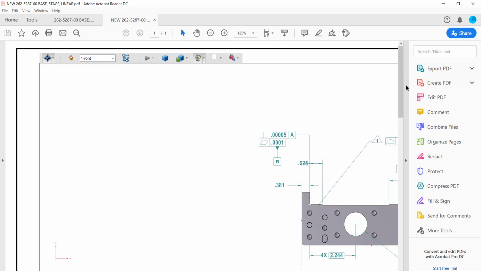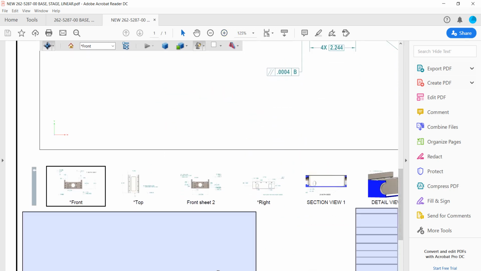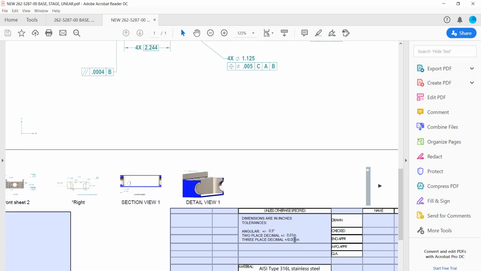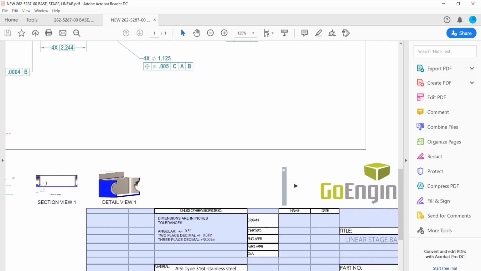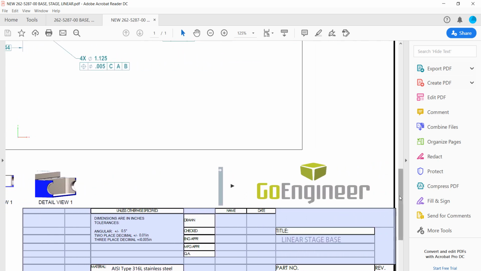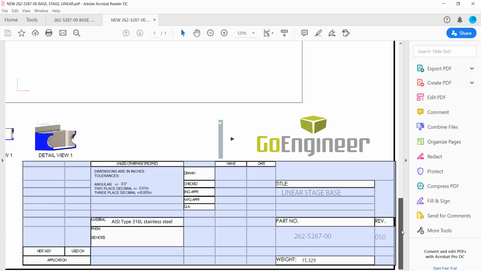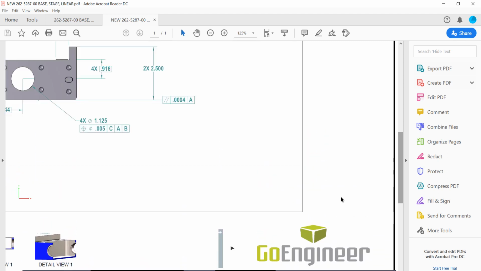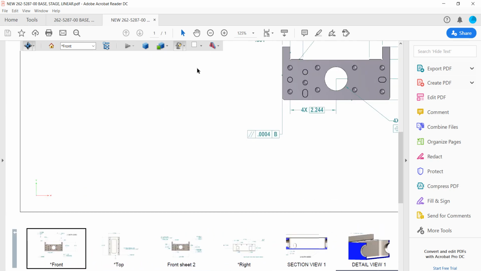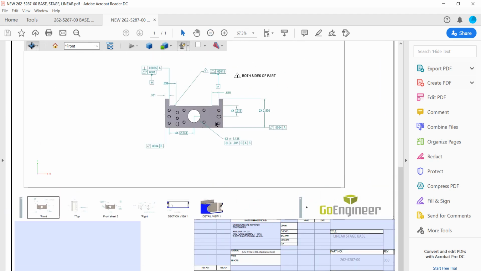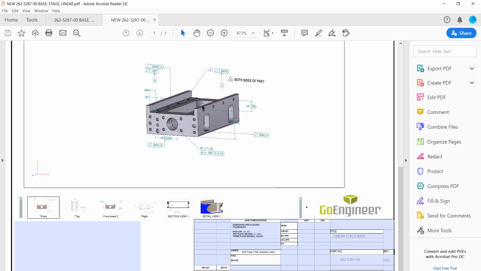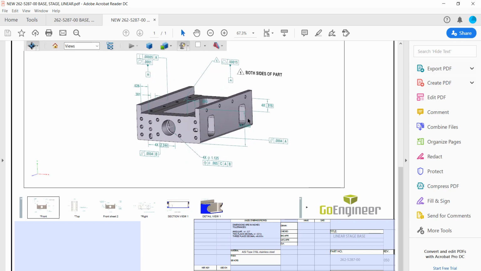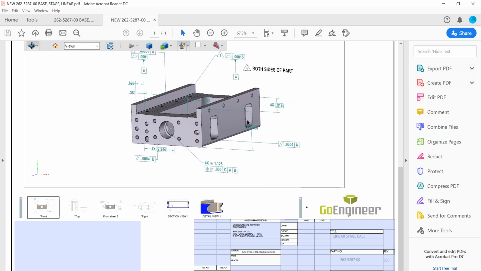What I've done is I've created one PDF that really will go in and show all those different views. And the title block again is syncing from my model properties. So if you looked in my title block, the things that I have, like my 2 decimal place, 3 decimal place tolerances, are coming from my model, along with my material type, the name, the revision,